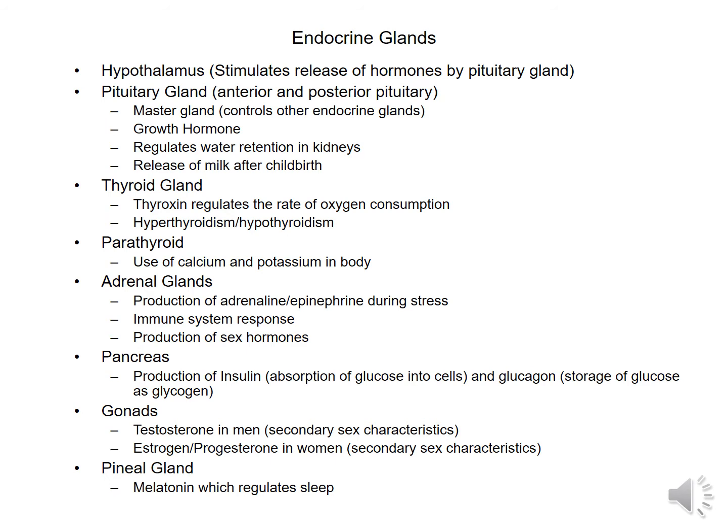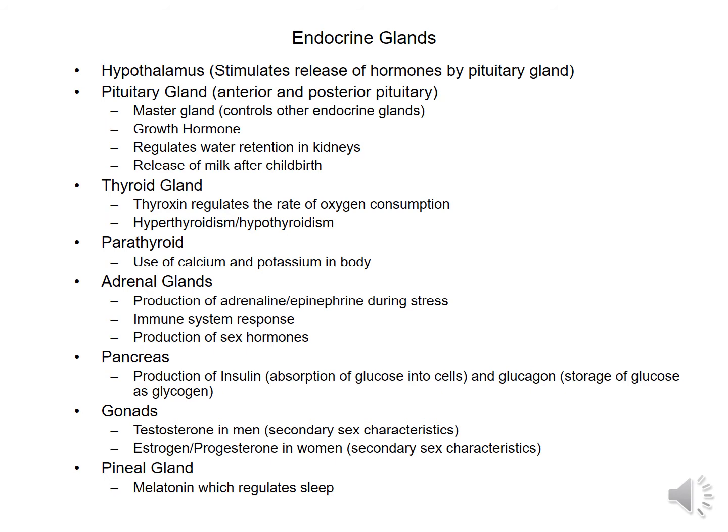The thyroid gland, of course, regulates the metabolic rates in the body. Too much thyroid hormone produces hyperthyroidism. The person looks manic or nervous. Too little thyroid hormone and the person appears sluggish, depressed. So these have to be regulated very carefully. The parathyroids help regulate calcium and potassium in the body, and one can only imagine the implications for